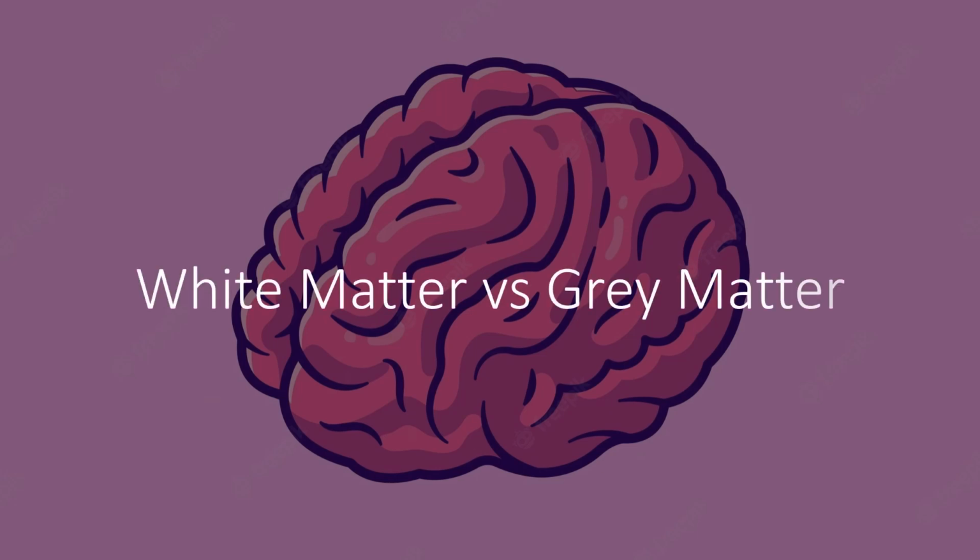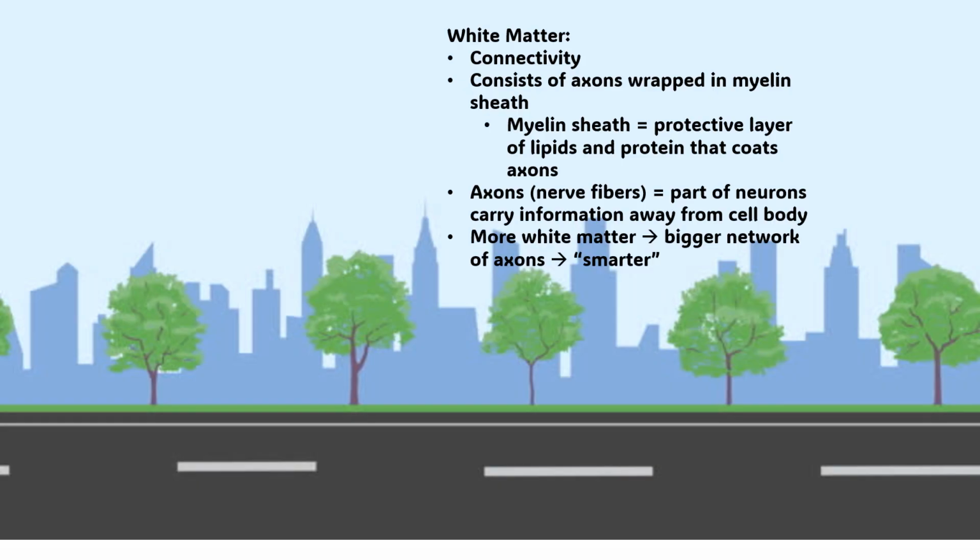This video will be discussing the difference between gray matter and white matter in the brain, and how the two work together as components of the brain's neural pathways. To do this, we will compare these pathways to a road system. For the sake of the metaphor, our white matter will be the road, as it is responsible for the connectivity